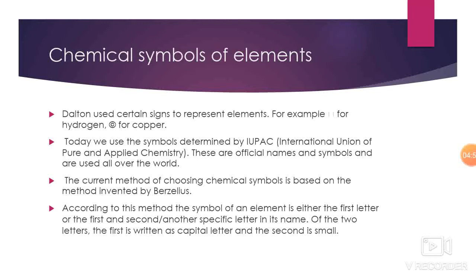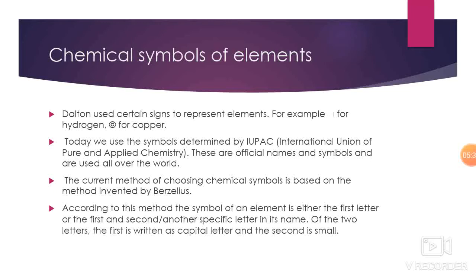You must know that the symbol of sodium is Na, but Na does not appear in the name sodium. Why? Because Na is from the Latin name for sodium, natrium, so it has been kept from the Latin name, that is Na. In that way only. For potassium it is K, so potassium's Latin name is Kalium, so that's why it is kept as K. So those were the chemical symbols, and it is not necessary that only the first two letters are used. The first and the second letter can also be used, such as chlorine, Cl.